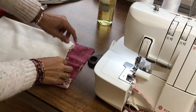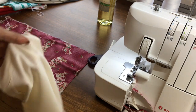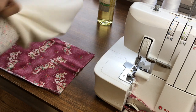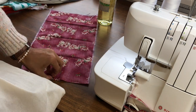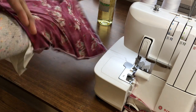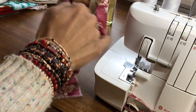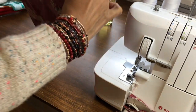Perfect. What I need to do is turn one of these bags right side through. Put good sides together. Don't worry about the corners just yet. Put that in like this. Match the seams up. I've only got one seam on the lining because I folded the lining piece up,